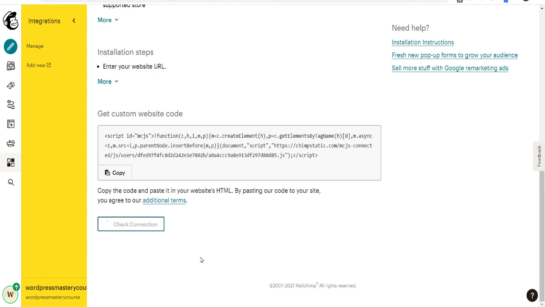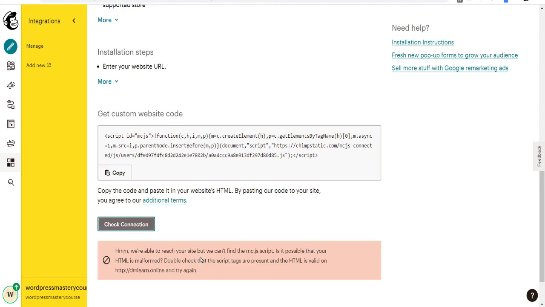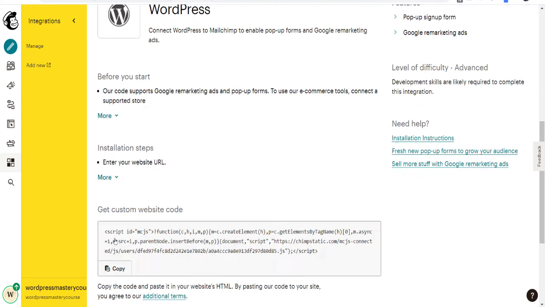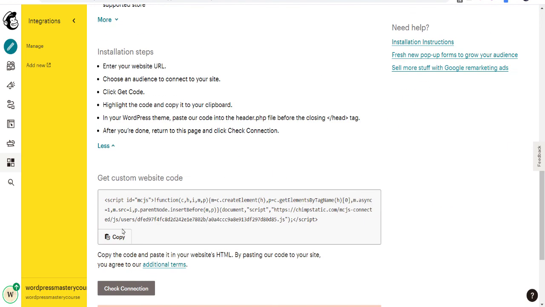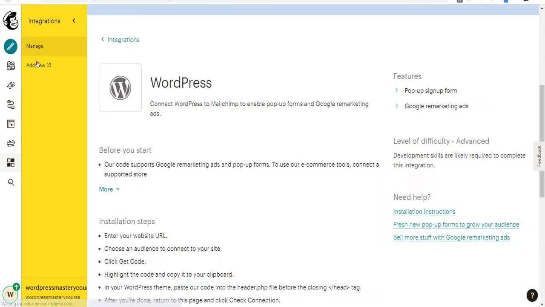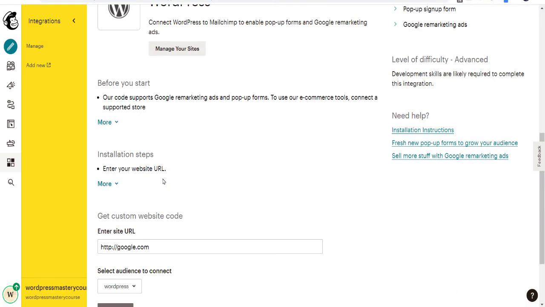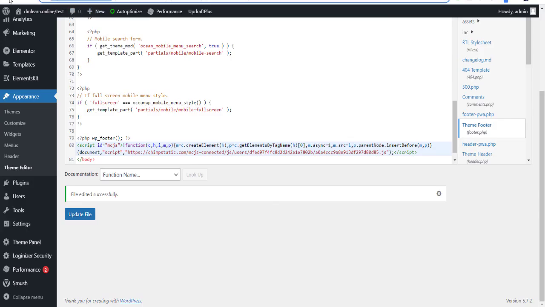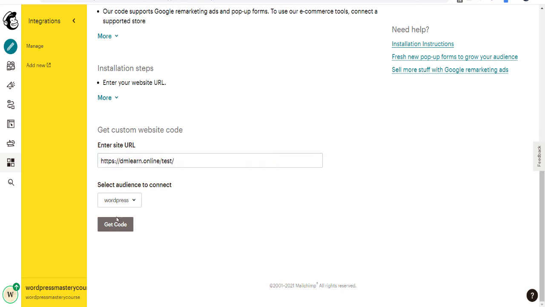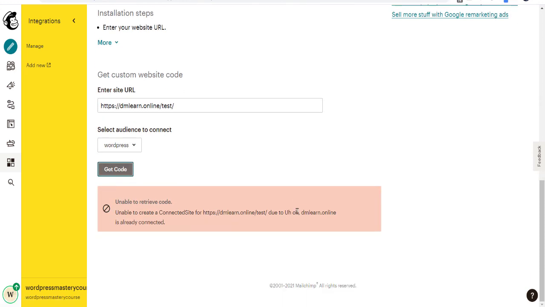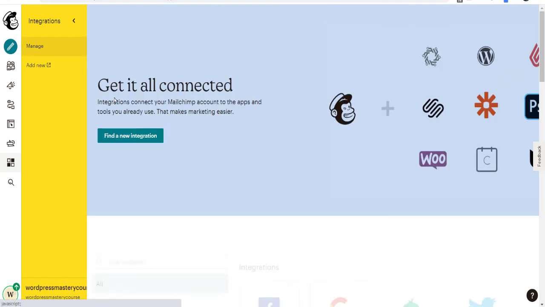Check whether the connection is done or not. You have to do it 2 or 3 times because sometimes it happens. Oh, I think I entered a wrong website URL. Okay, my domain, they are saying it is already connected. So what I need to do is do it manually.